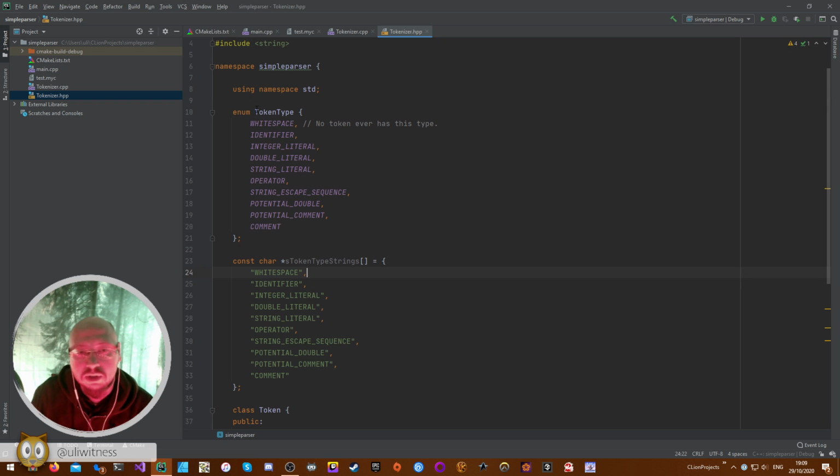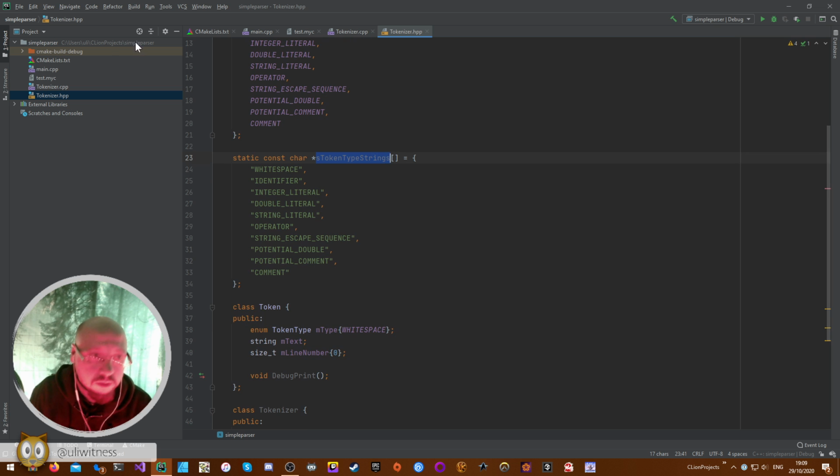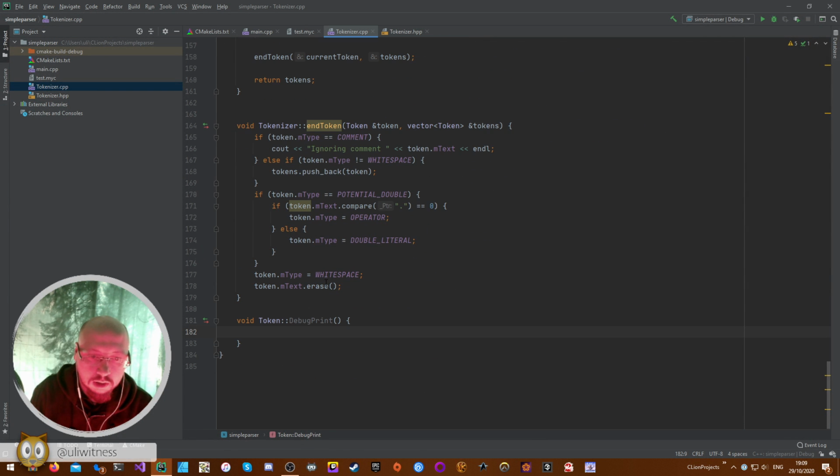All right, so the important thing here is that the index of this array is 0 and the value of whitespace is 0, and this is 1, 2, 3. They get automatically assigned, so you can just plug any token type in as the array index. And now you can go into the debug print and say cout token, and now token type strings type, comma space,